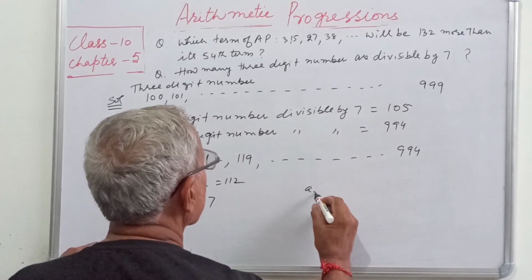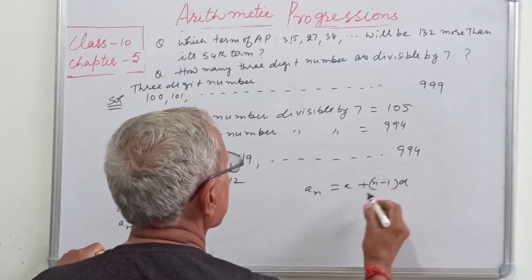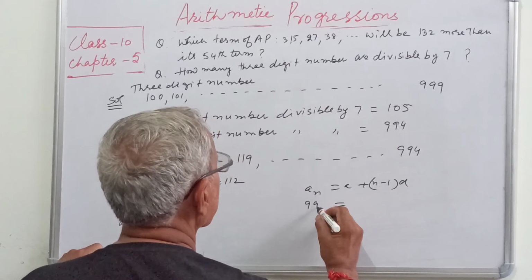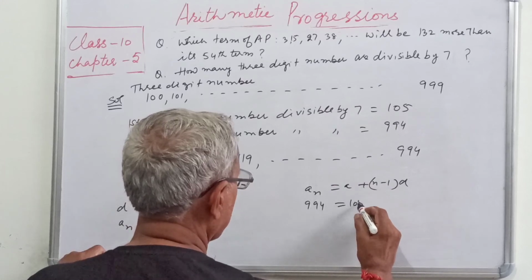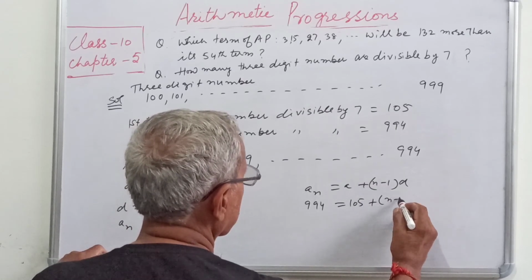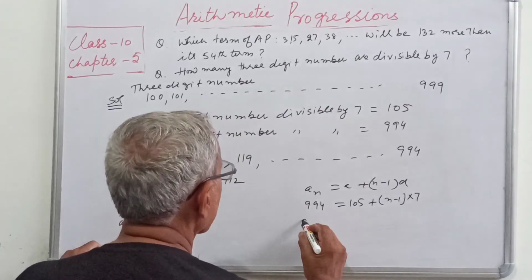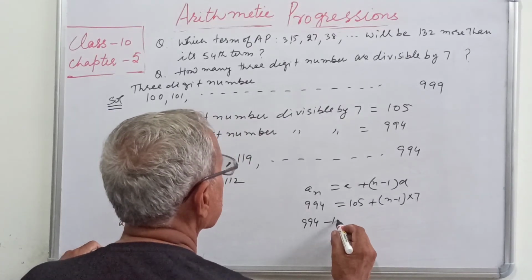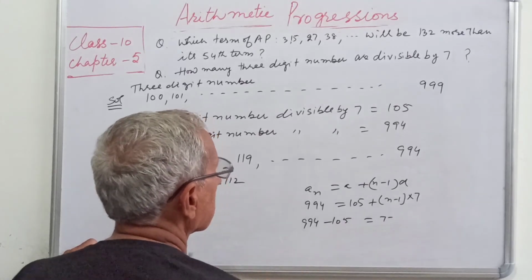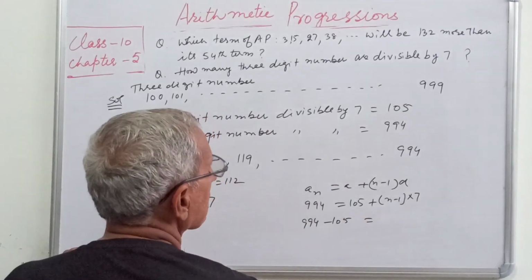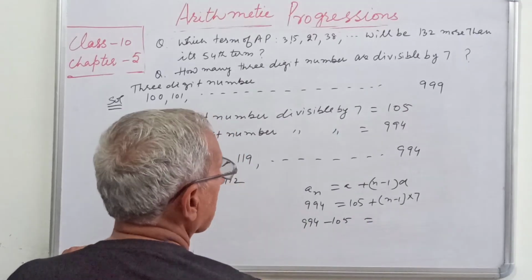Since an is equal to a plus n minus 1 into d, we have 994, the value of a is 105, n minus 1, d is 7. 994 minus 105 is equal to n minus 1